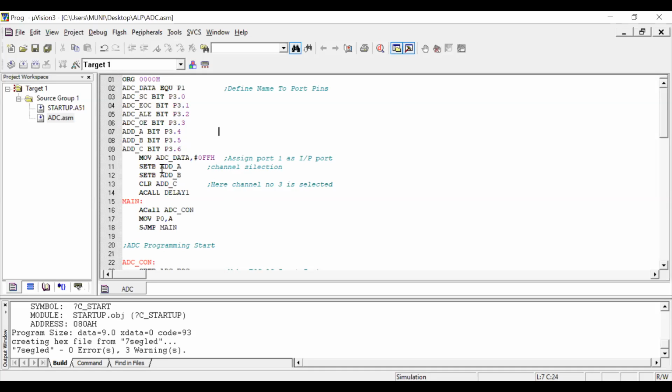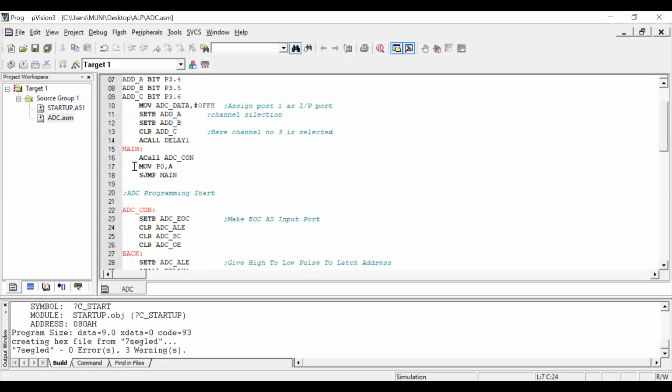Next, set bit address A, set bit address B, and clear address C. So the value is 011, which is nothing but 3. So IN3 is selected, that indicates that input channel 3 is selected. In this example, channel number 3 is selected. And next one, call delay. After this call delay, start the main program.